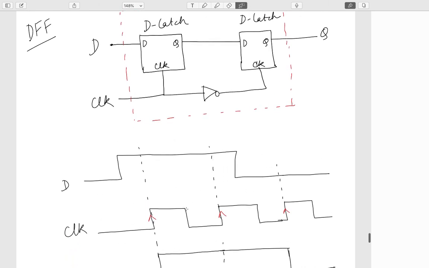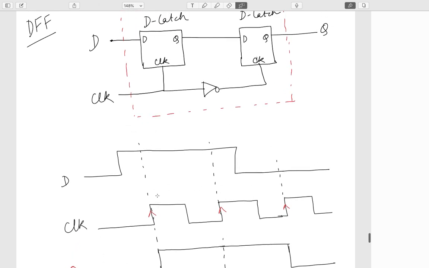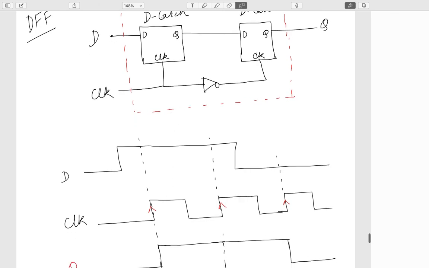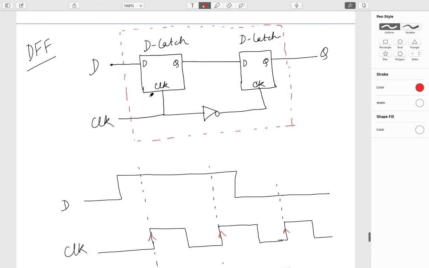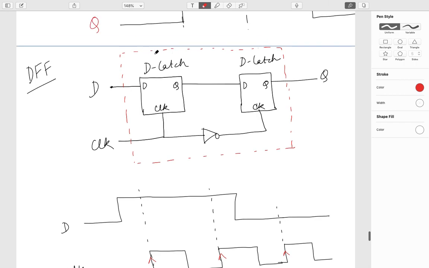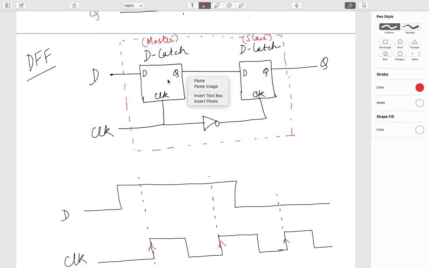Imagine, you can see here that the first latch, this is basically called the master-slave combination. This D latch is also called the master, and this is the slave. They are called master-slave. So this D latch will be passing